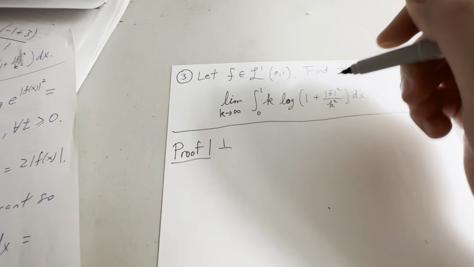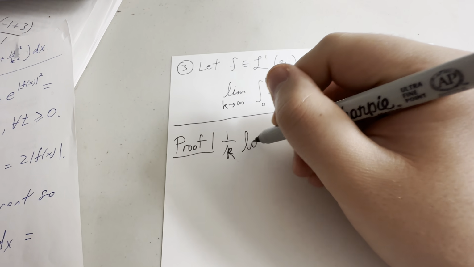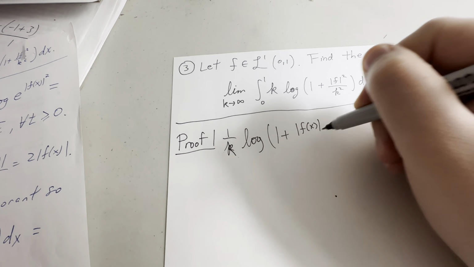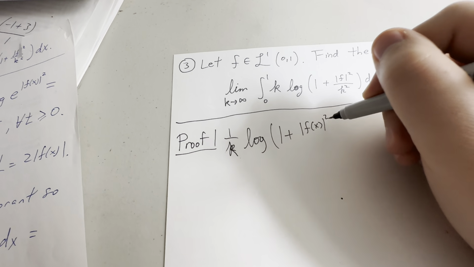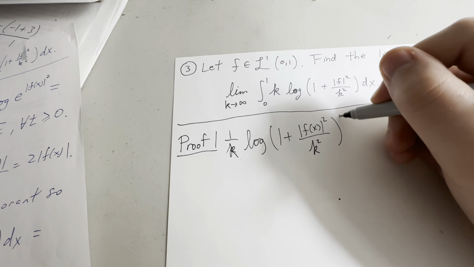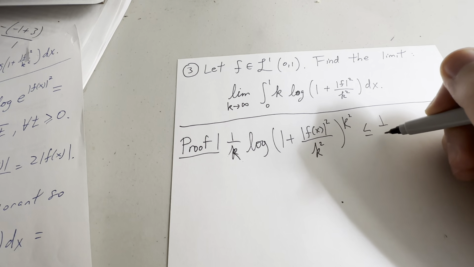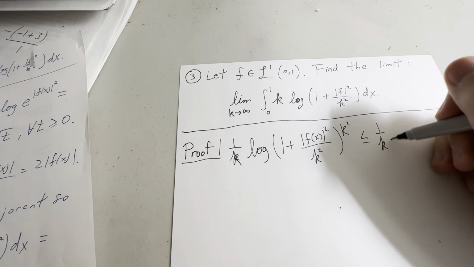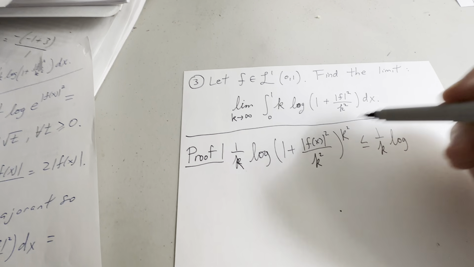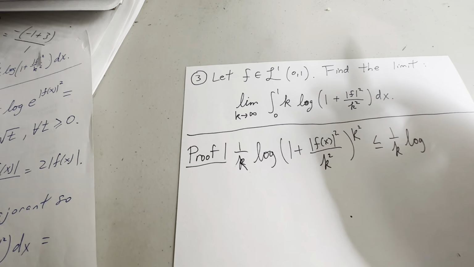We analyze this integrand a little bit. So what do we say? We say that 1 over k times the logarithm of 1 plus absolute value fx squared over k squared, raised to the k squared power, is less than or equal to 1 over k times the logarithm. And notice that this inner term here, raised to the k squared,